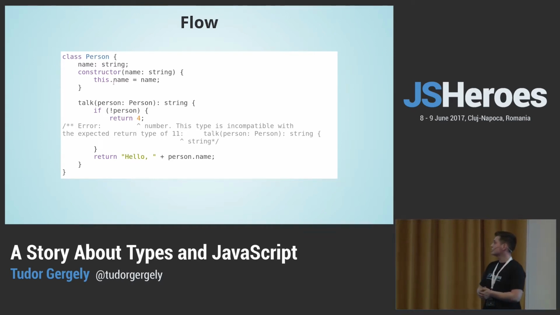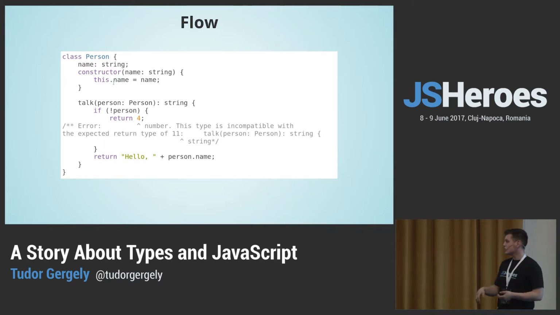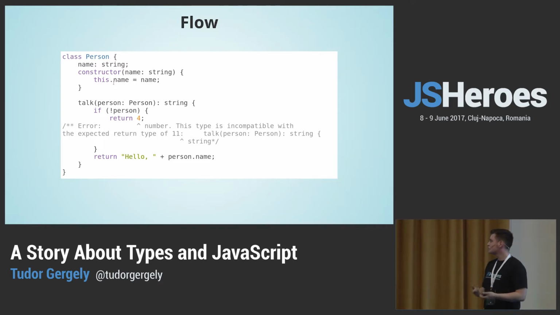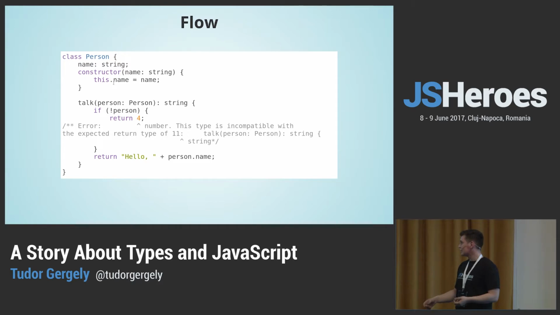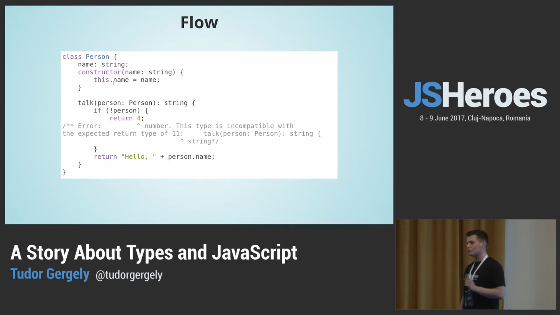This is code written using Flow. If you've paid attention to Nir's talk earlier, you will see that you have type annotations there, like name should be a string. You just tell the checker, well, name should be a string. Then you have talk, a method here in the person class, which takes another person and returns a string. And we have an error there, because I wanted to show you how an error looks in Flow. So basically, you write this code, and you say, this should run just fine. And when you hit save and run the Flow checker, you will see that you returned a number there. I was expecting a string.